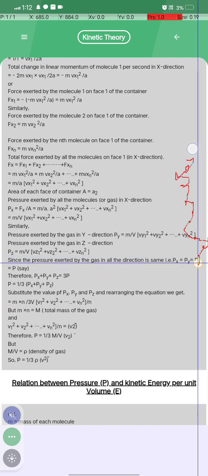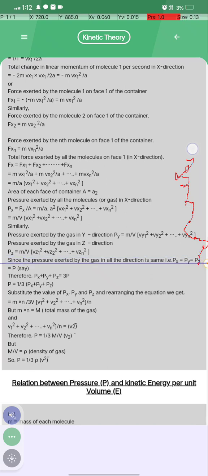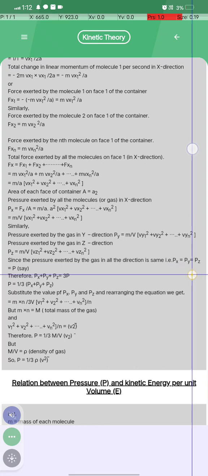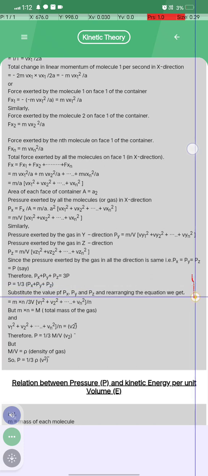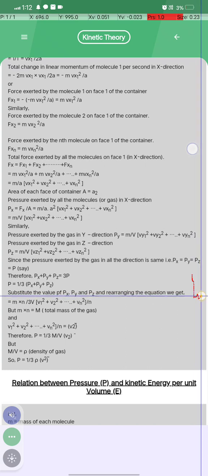Since the pressure exerted by the gas in all directions is the same, that is px is equal to py is equal to pz is equal to p, therefore px plus py plus pz is equal to 3p. P is equal to 1 by 3 (px plus py plus pz). Substitute the value of px, py and pz, arranging the equation we get m into n by 3 v